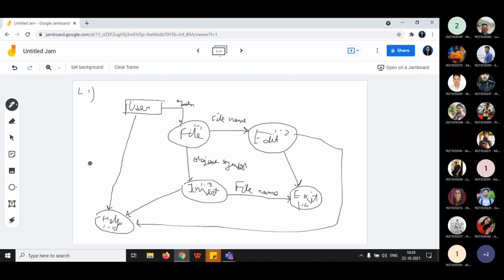So file name. In this way, you can draw the level 1 DFD. Is it clear how we are drawing level 1, students? Any doubt? Is anyone having any question?